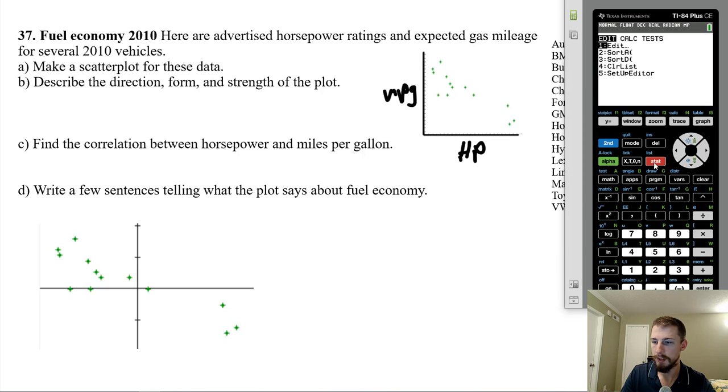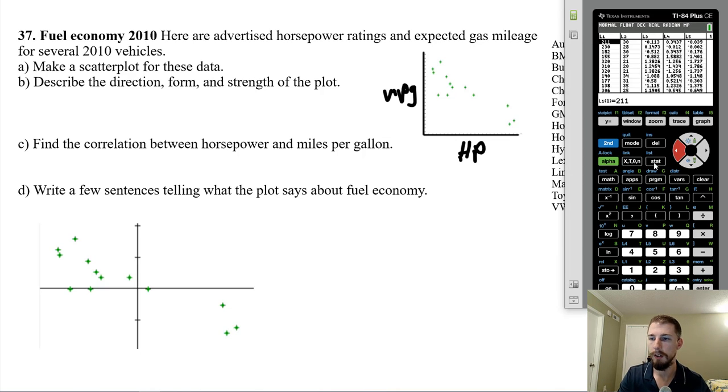So I'll go to stat and then edit, and in list 1, that's going to be the horsepower. List 2 is going to be my list for the miles per gallon. And when I go to list 3, it's actually really fascinating. I learned this trick over the summer. If I go to list 3 and hit enter,